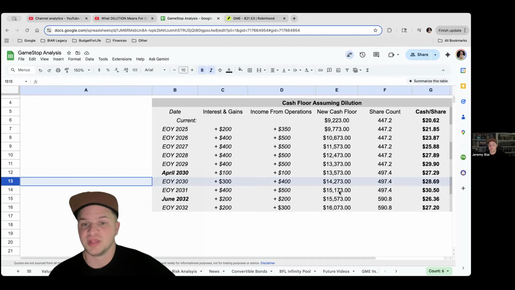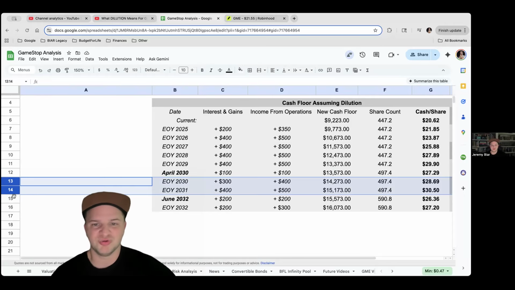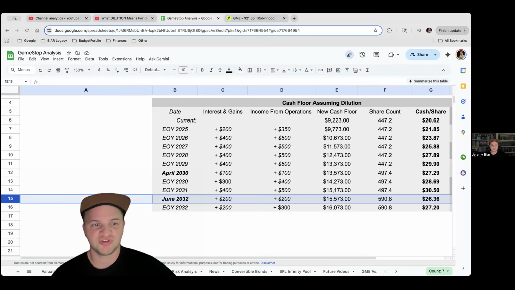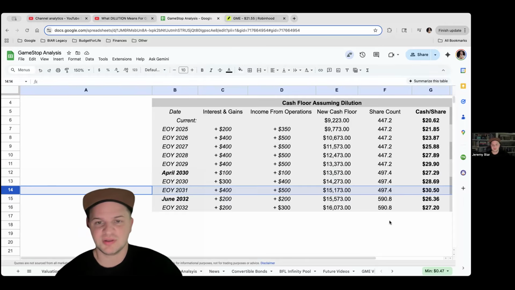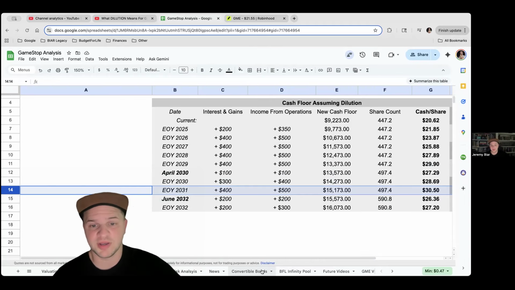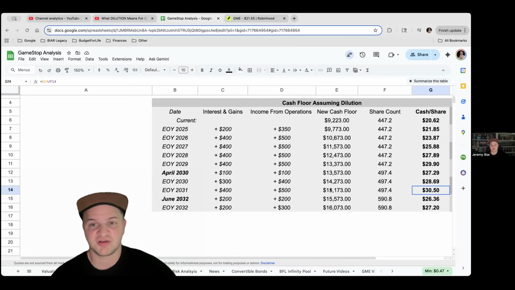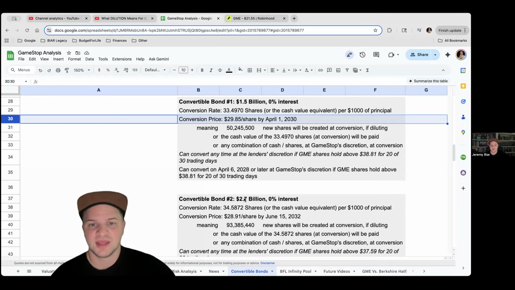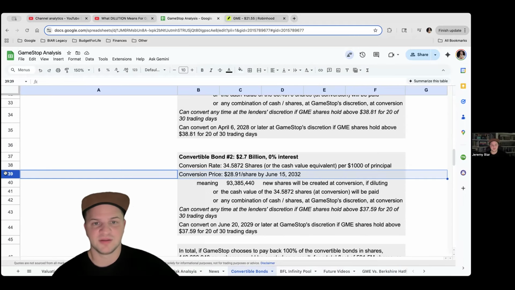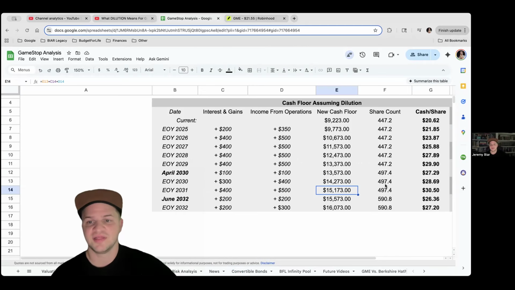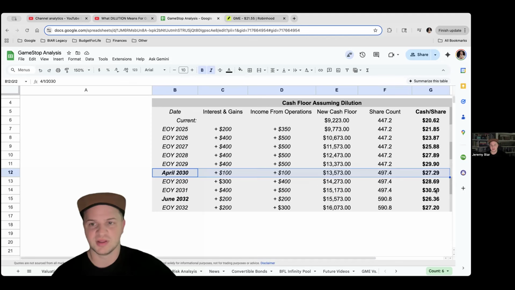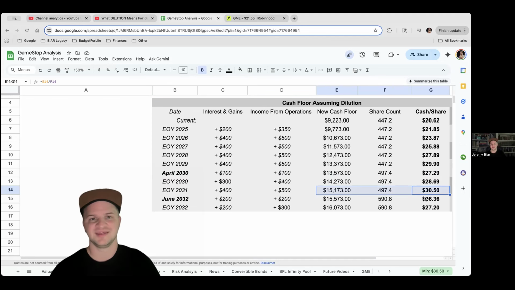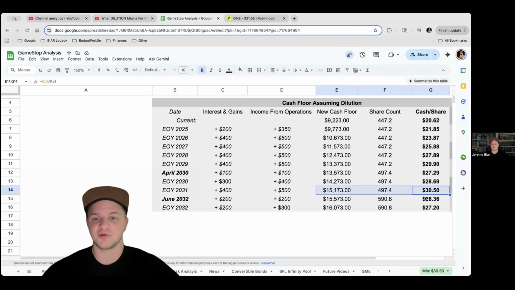Roll forward another couple years, 2.5 years, and you are at that June conversion price, which again, after that next dilution, end of year 2031, you're looking at a $30.50 cash per share, right? $15 billion of cash that GameStop has. And what is the conversion price for the second convertible? $28.91. So again, even after that first tranche of dilution, you are above the conversion price for the next convertible,